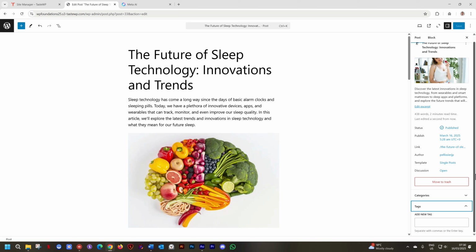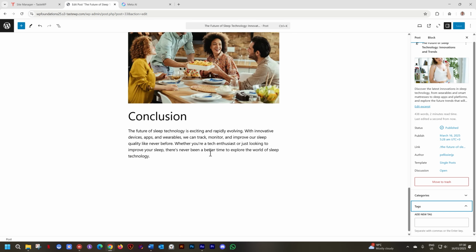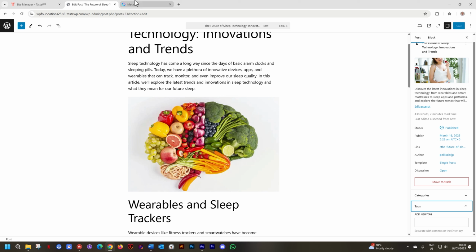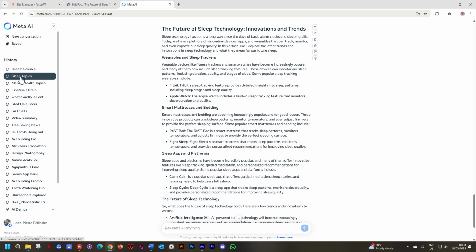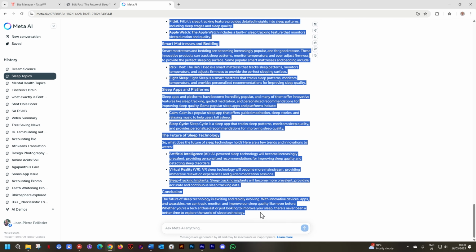So tags are a kind of category. It's just a more casual, broader type of word, and you can think of anything that fits it. And the same way you did the categories, you can do the tags. But I want to give you, again, a little piece of advice. To help you understand what words within your text are good tags that you can use, AI can help you with that. I'll go to my meta, and I'll go to my topic that I've created here. And again, I'll copy all the text.